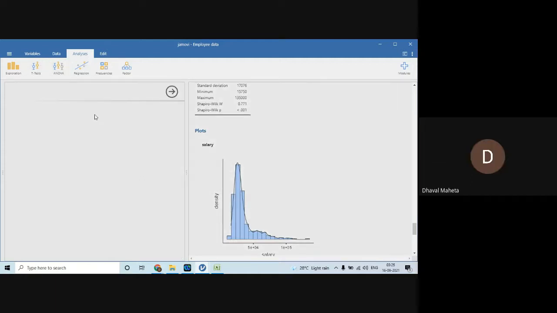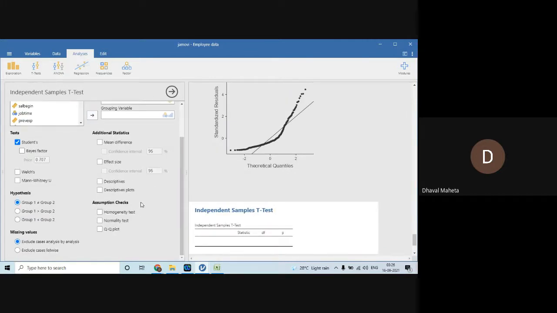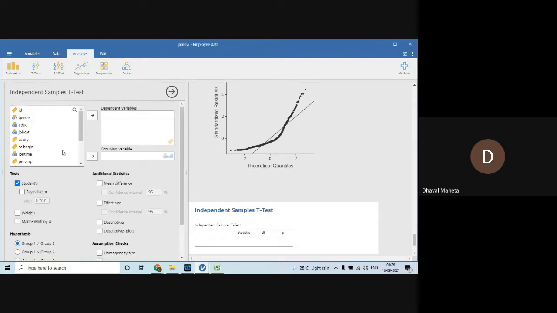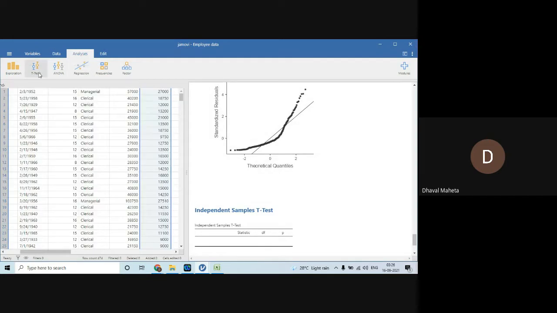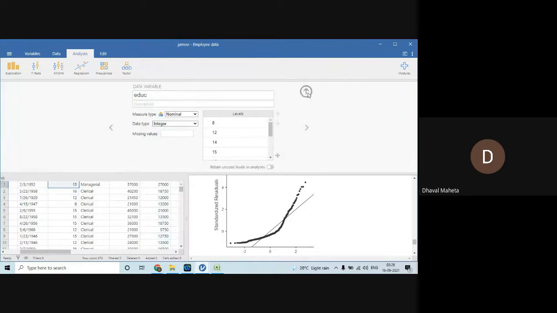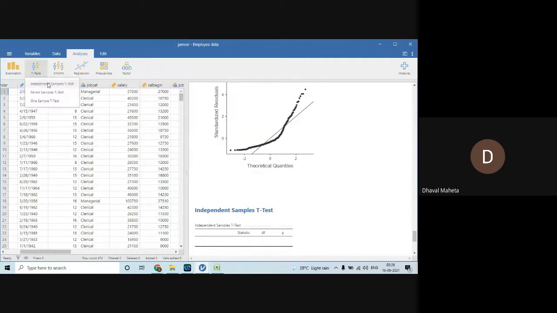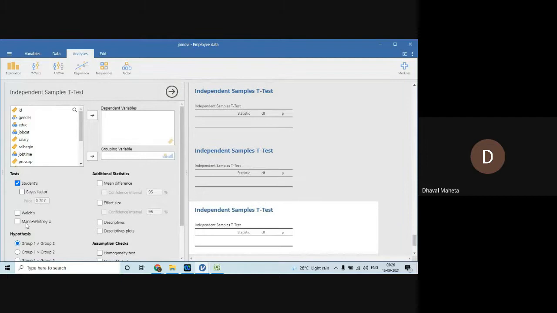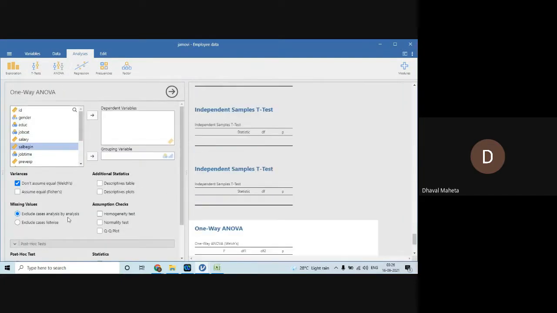non-parametric test. Okay. So here only you are having that option. See, you use Student's t-test. So for each and every test, you are having a non-parametric option. You click on this and it's non-parametric. Again, let's go back. For each and every test, independent sample test, there is Mann-Whitney U test. Okay. In case of ANOVA, you will get it here.